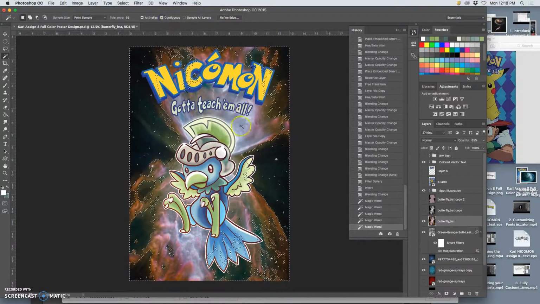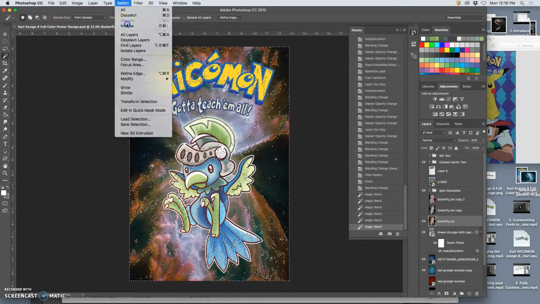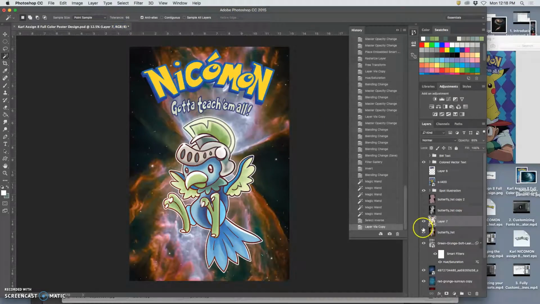And then maybe even get some of the insides. Some of these grays. All right, now I'm going to select the inverse,